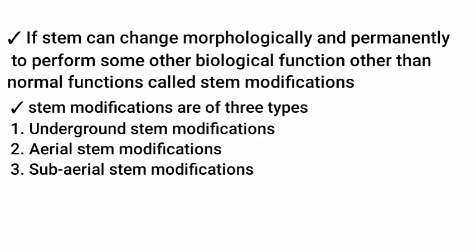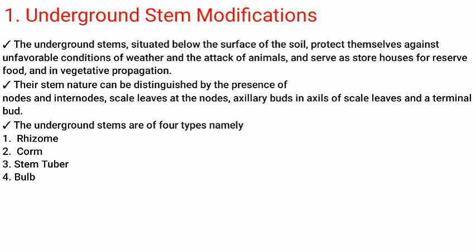Stem modifications are of three types: underground stem modifications, aerial stem modifications, and subaerial stem modifications. Let's see the very first type of modification, underground stem modifications. The underground stems situated below the surface of the soil protect themselves against unfavorable conditions of